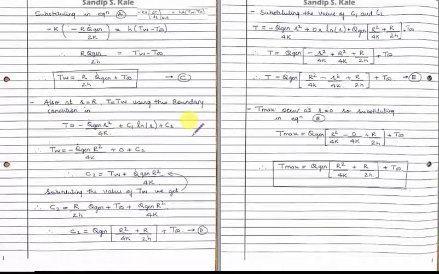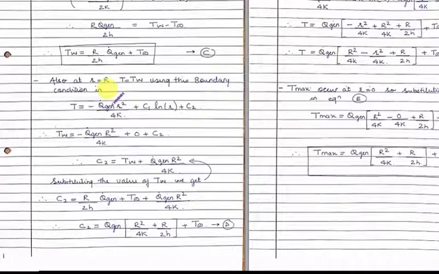Now this is the expression. Again we will substitute T equal to TW over here, minus q gen multiplied by R squared divided by 4k. The C1 value, all of you know, is 0, and this is C2, that is the unknown. After necessary arrangement, we get C2 equal to TW plus q generation multiplied by R squared divided by 4k. So now this is the value of C2. We have the value of C1 and the value of C2. Now we will substitute the value of TW, which we have already found out.